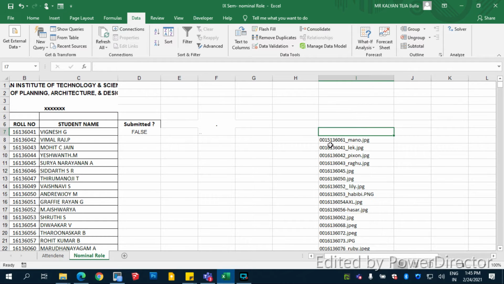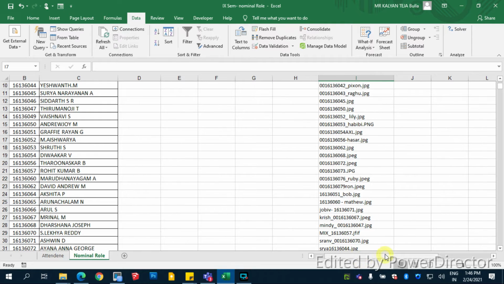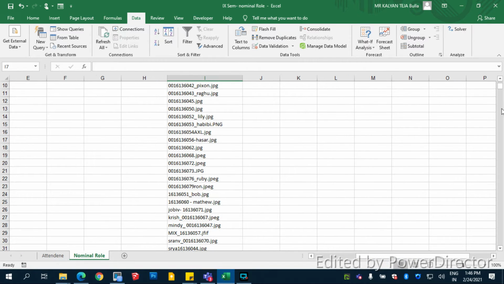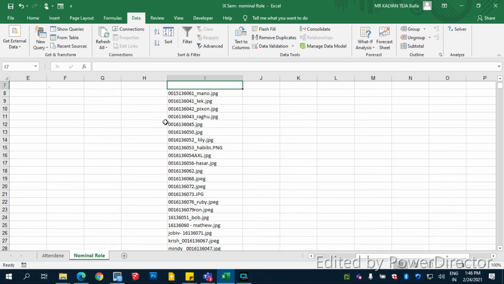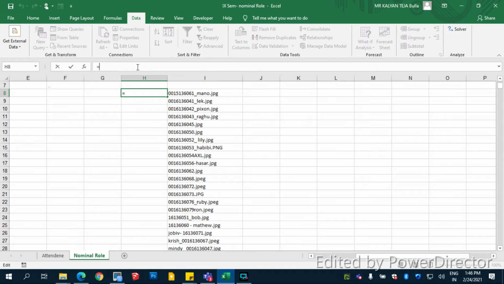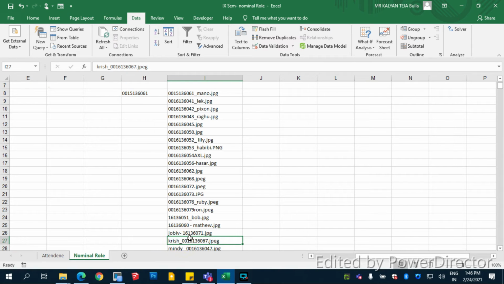As you see here, some names we need to verify with the roll numbers, and not everywhere is there a roll number given. The files are renamed in a different way. If the files are named properly, we can just click equal to, take from left 10 digits, and then enter, so you get the number. But if the names are not proper, if you see there are a few names where the roll number is put with an underscore on the right side, on the left side. So in that case, we have a tool.